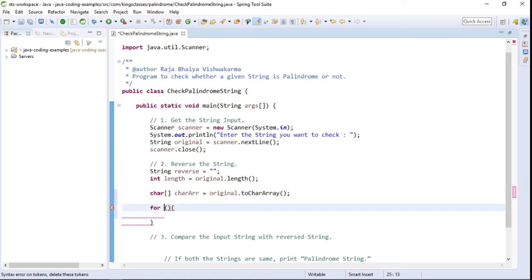and as we are going to iterate in reverse direction, we will start the index from length minus 1. That will be the last character of the string, or you can say the last index of the character array. So we will use length minus 1.